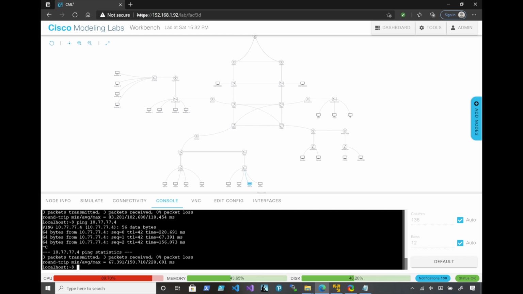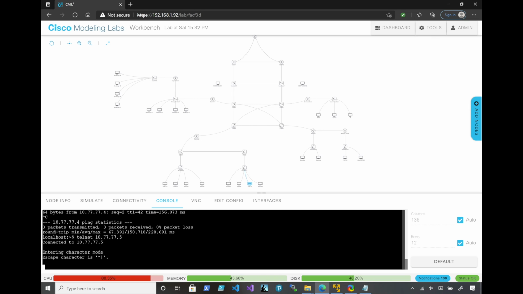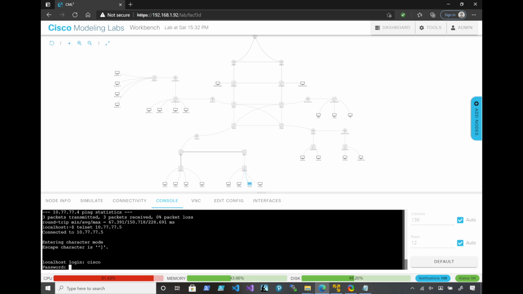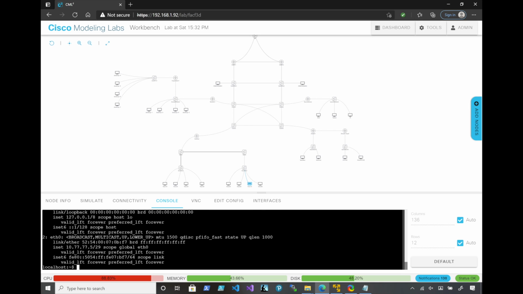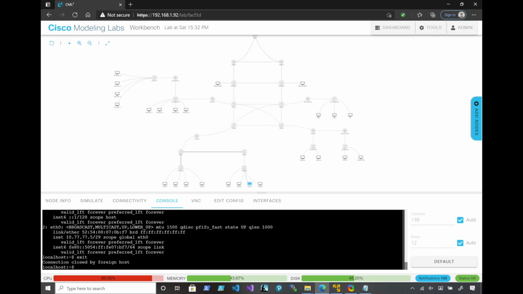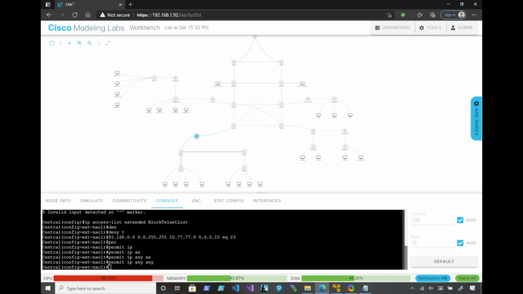We haven't applied our ACL in a direction yet, so the ACL is not turned on. So we'll test the telnet connection to make sure that it works. And here we can see that we were able to telnet into the 10.77.77.5 PC. So we'll exit from the telnet connection, and then we'll go back into the central router into interface